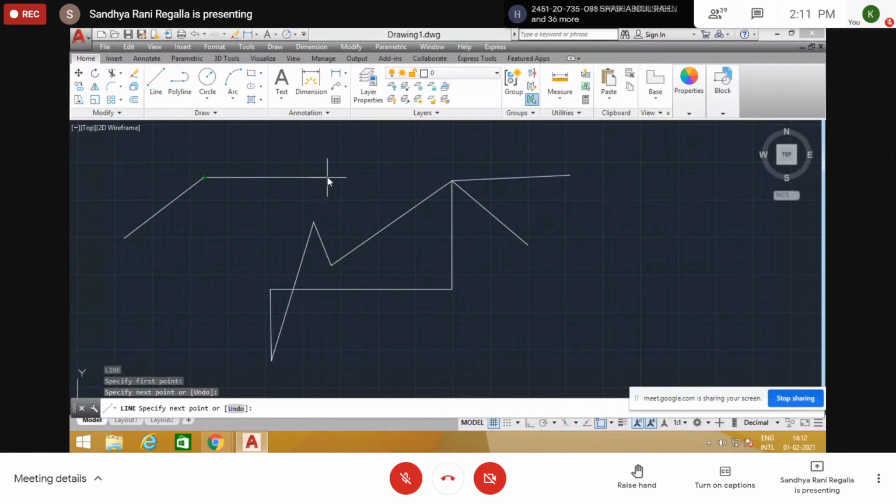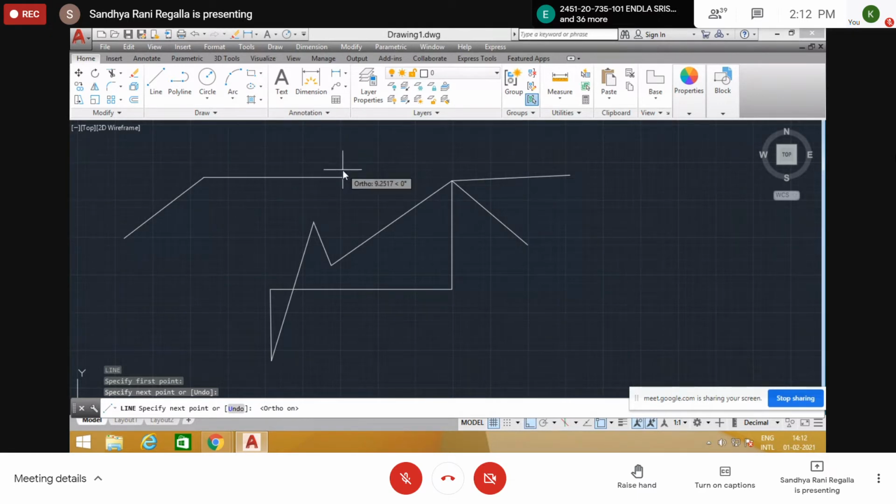So if you want a particular length of line, show the direction of the line with your cursor. Suppose you want to draw a horizontal line, show the horizontal direction, right side or left side, with your cursor, and then give the length of the line. It is very difficult to keep the cursor exactly horizontal, so better turn on the ortho mode at the bottom. Press this ortho icon. Now ortho is on, and you get only horizontal and vertical lines.